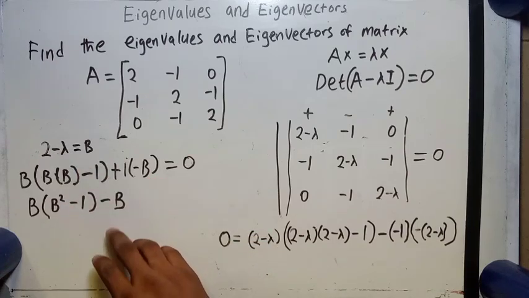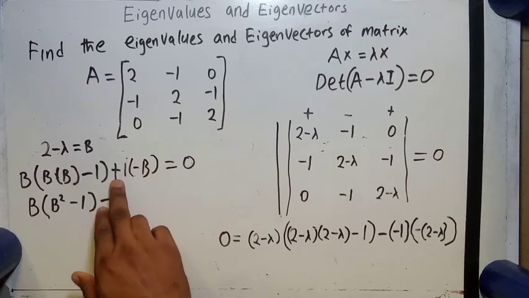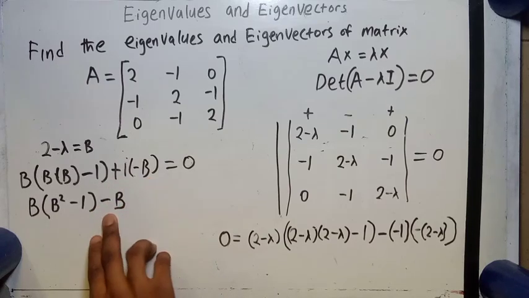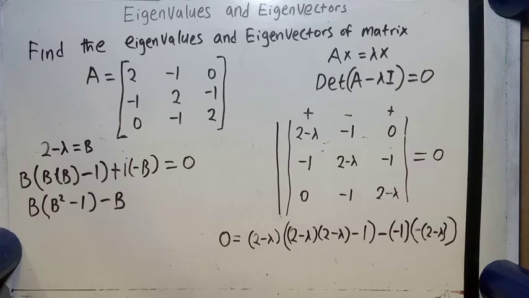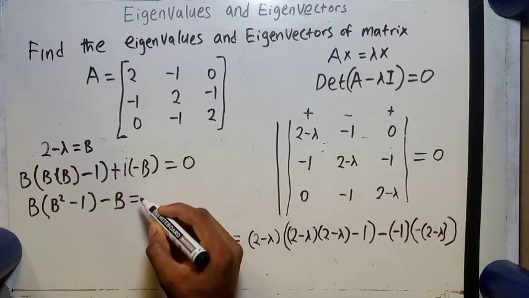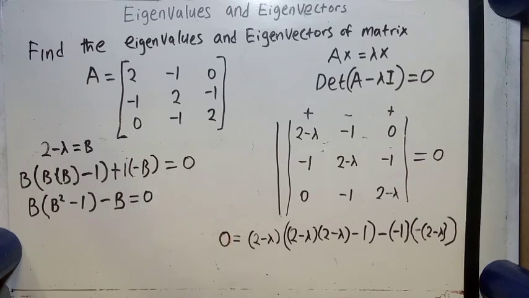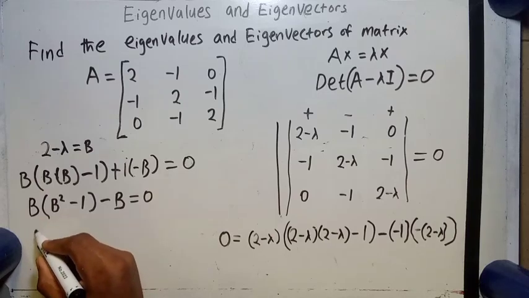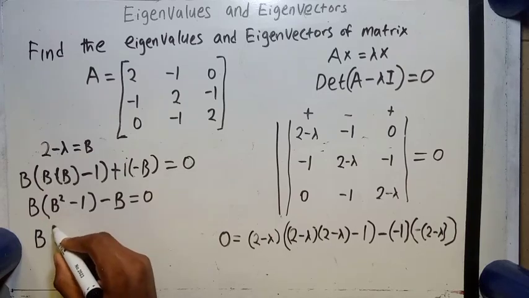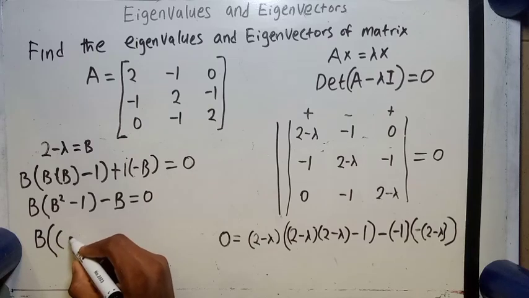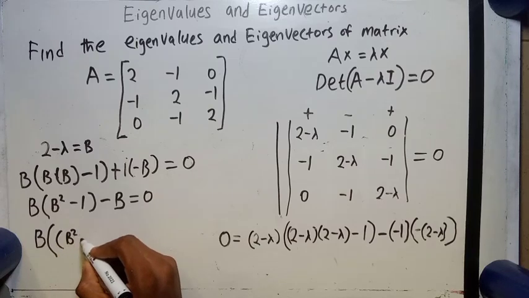Now, I'm solving further. Your plus 1 times this one, you're going to be left with what? Minus b. So this is equal to 0. The reason why I initially wanted to substitute is so that I could see this b here and this b here, meaning that we can actually factorize out b. When we do that, we'll be having b squared minus 1